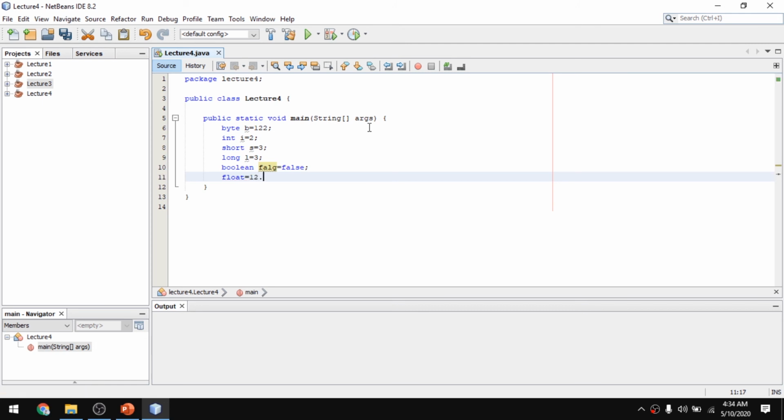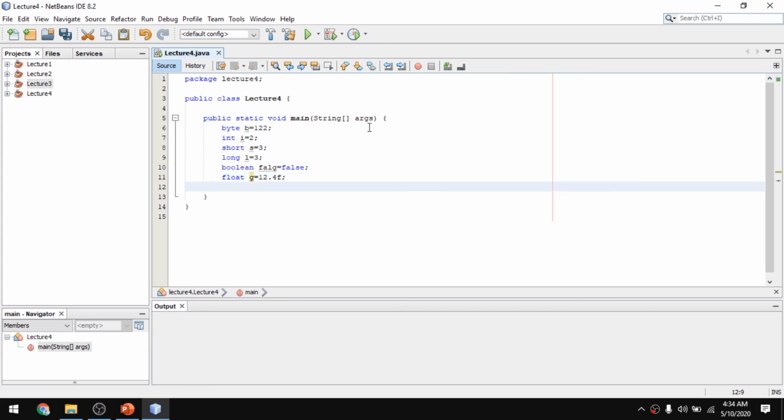Then we have float, which contains decimal point values, and it will not compile unless we put f at the end. Let's suppose you put the number, but it will not allow you to compile because you have to put f at the end.